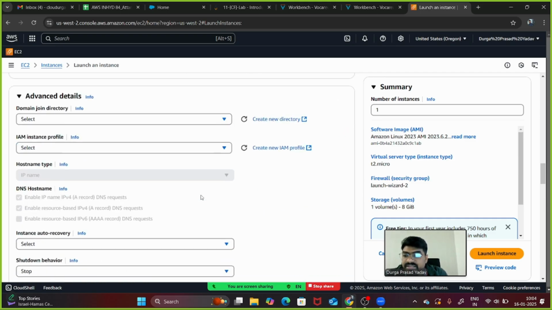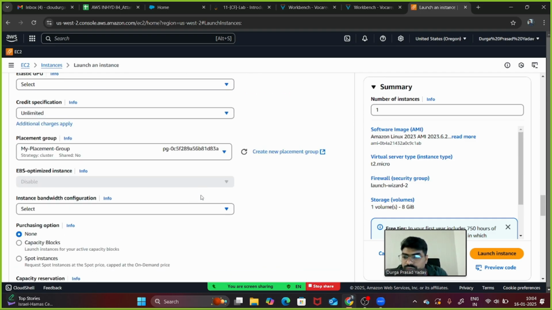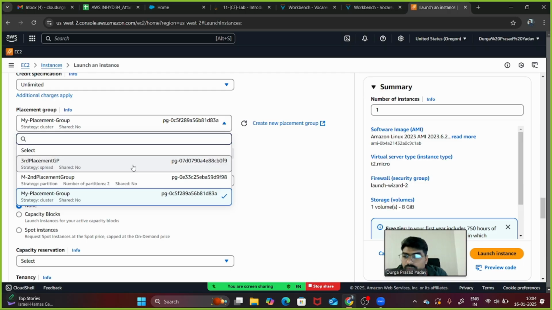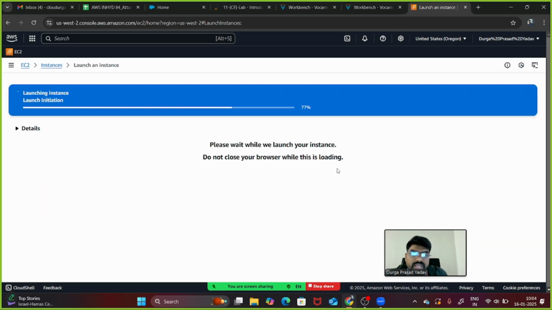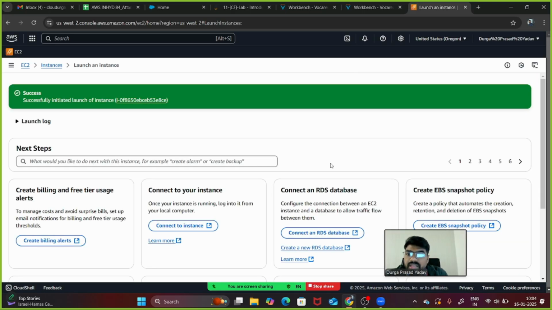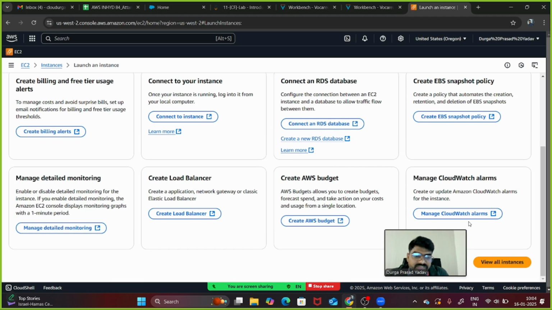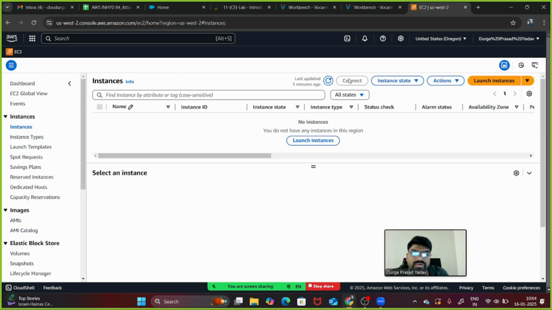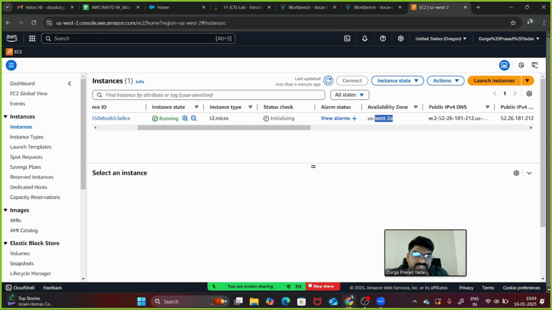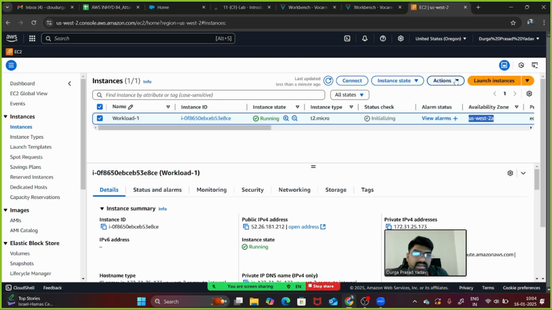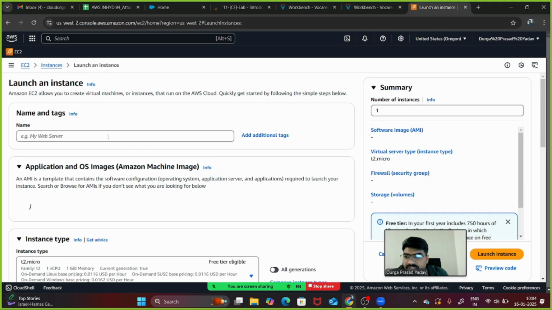Let's say edit configuration again, and if you change the placement group to partition, and if we click to launch now, this will be launched because this will go into a separate partition. In the next one, if you go to create here again, let's say this is in US West 2A, right?